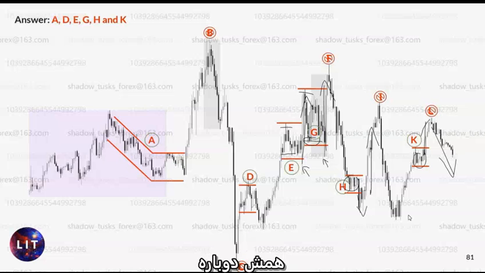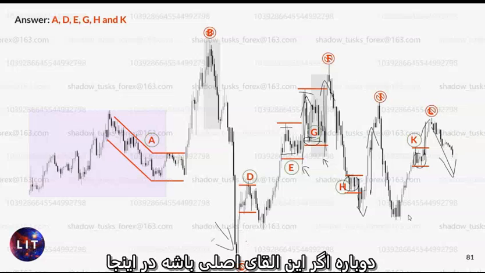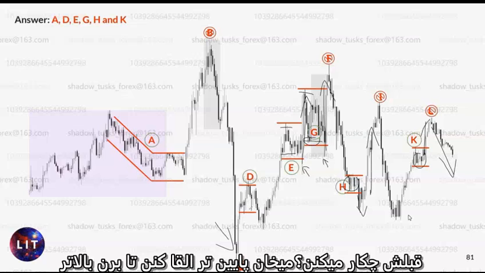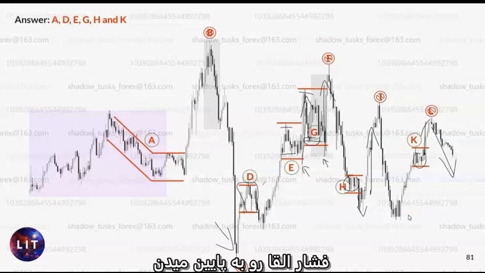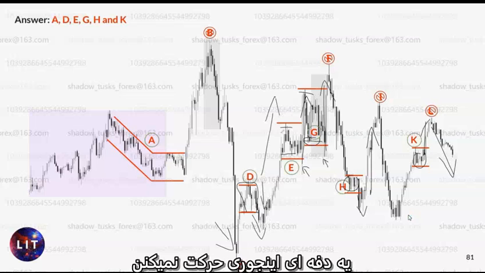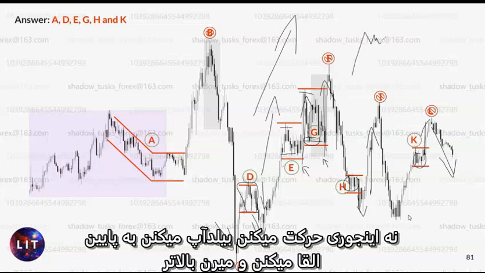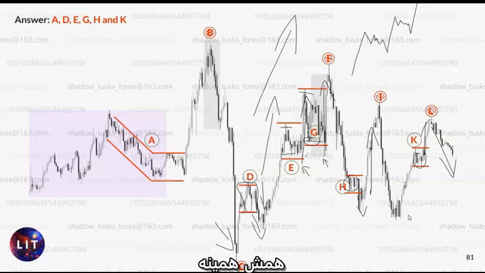All over again. Again, if this is the main inducement in here, what do they do before that? They want to induce even lower to go higher. They're building it up here, making the push inducement low to do what? Go higher. It just doesn't go straight away like this. No, they go like here, building up, inducing low, go higher, inducing low, higher. Always the same. Crazy.